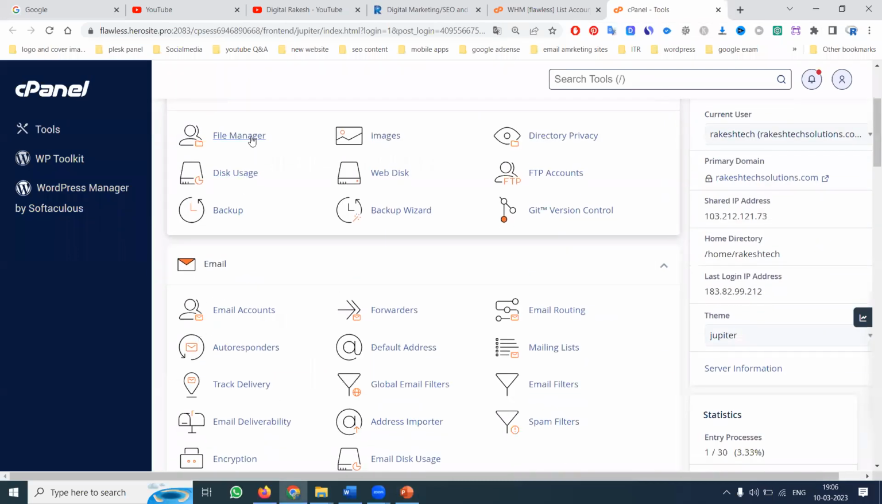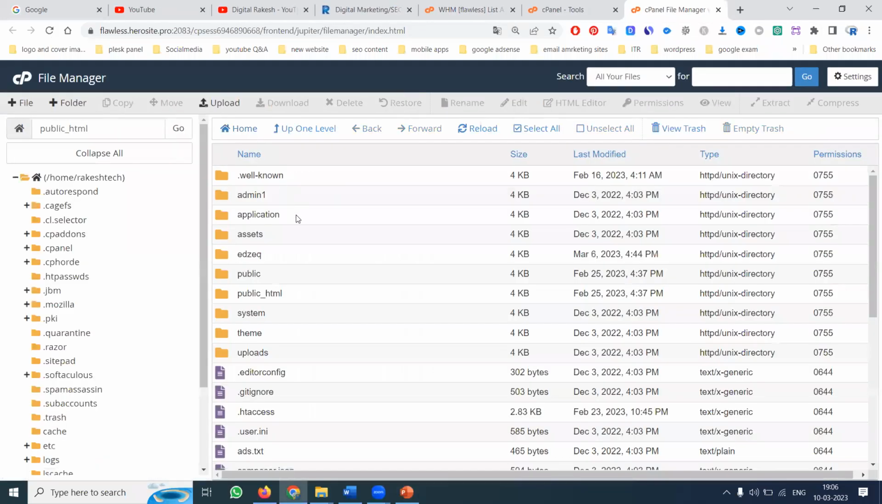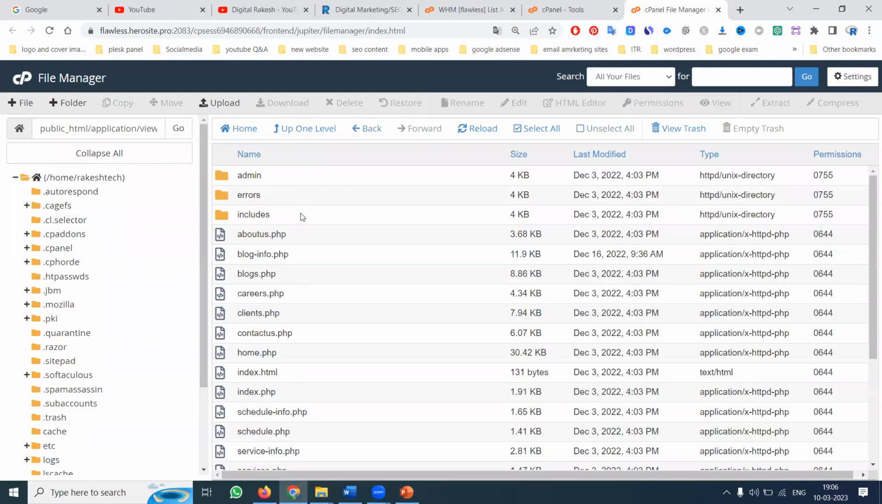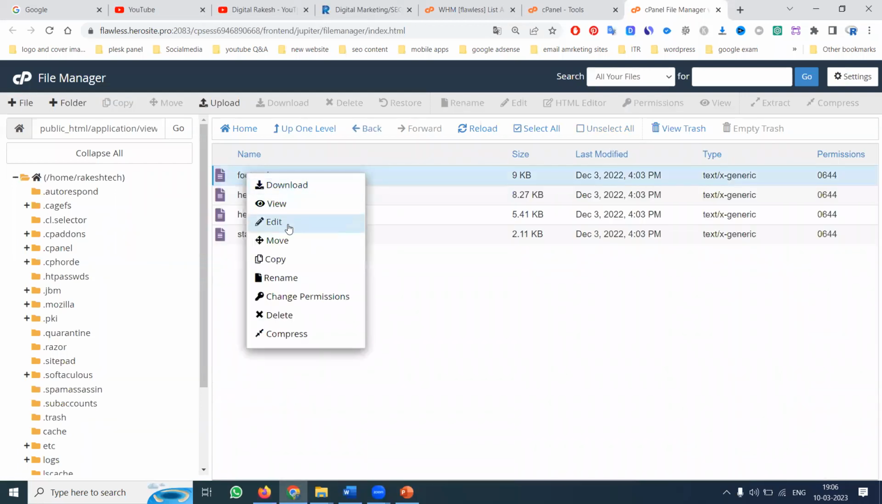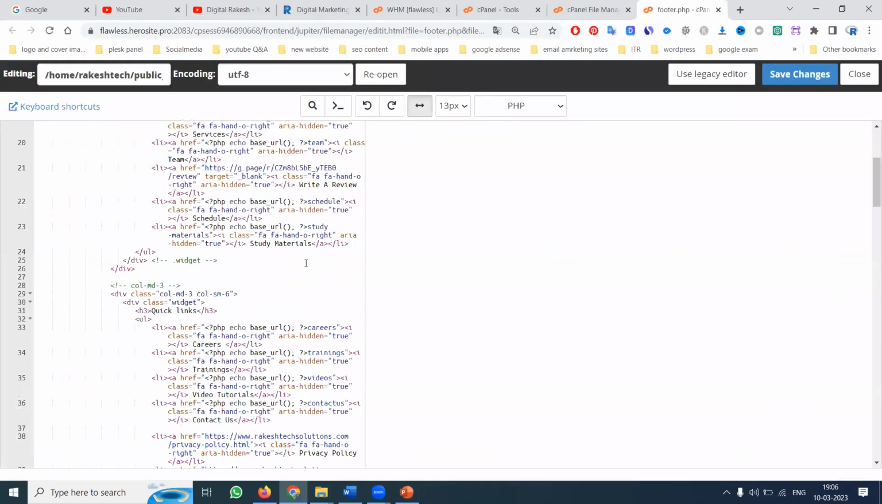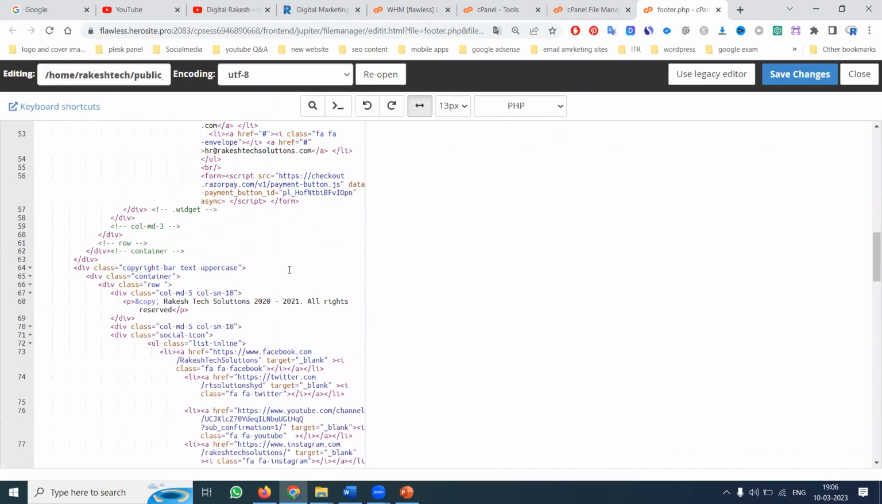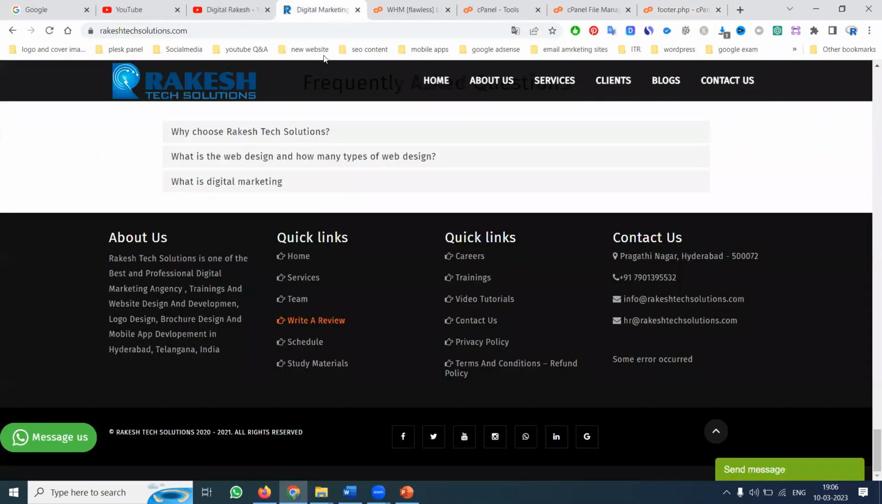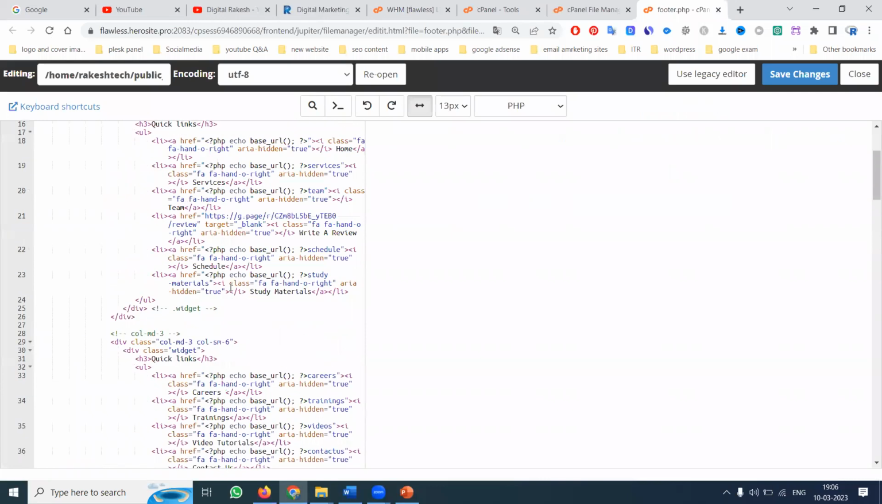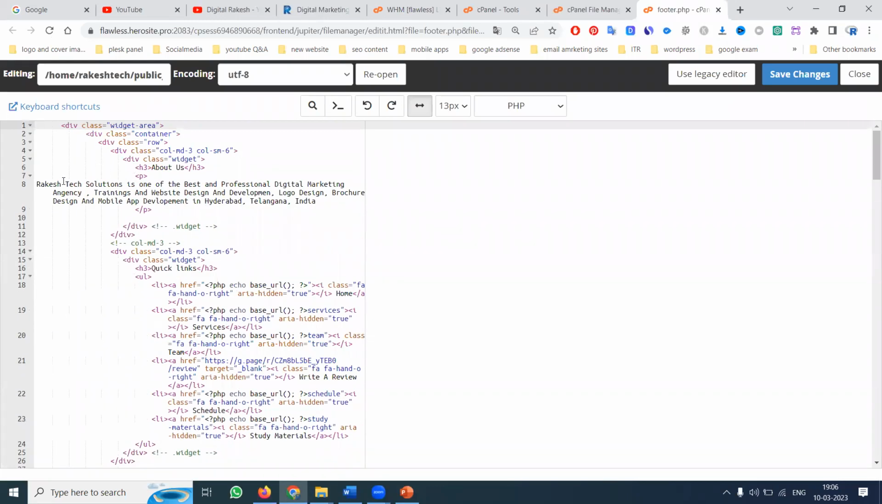That is called, I can go to the cPanel where this code will be. This will be understood only by developers, so developers will use this particular option. Click edit. I think the footer code will be here. Before that, what are the things you have? See this. Rakesh Tech Solution is the agency and training